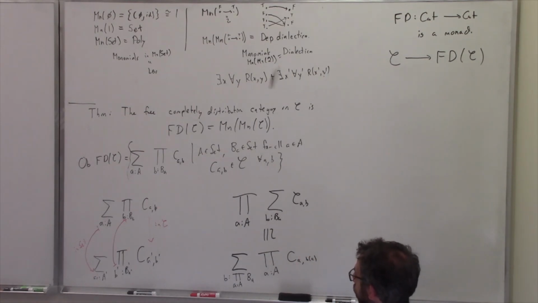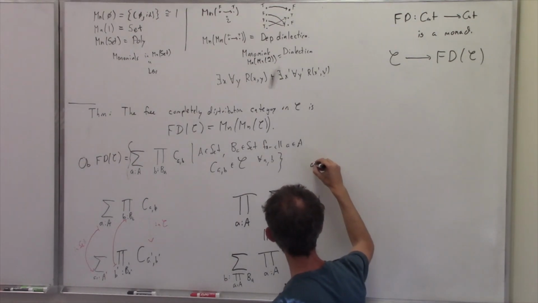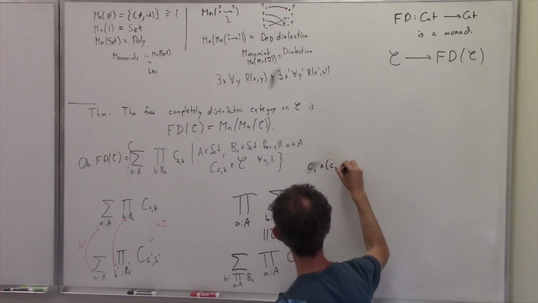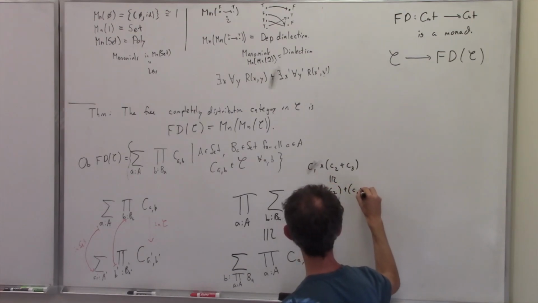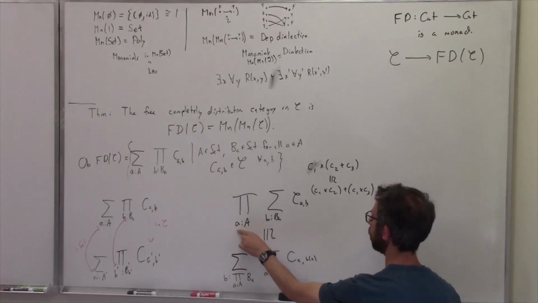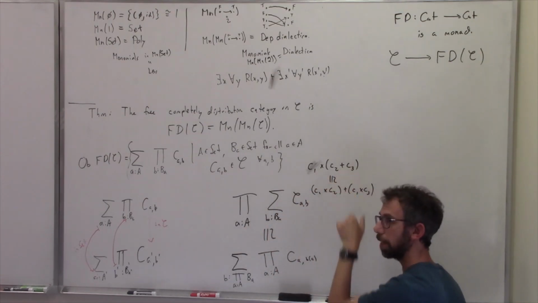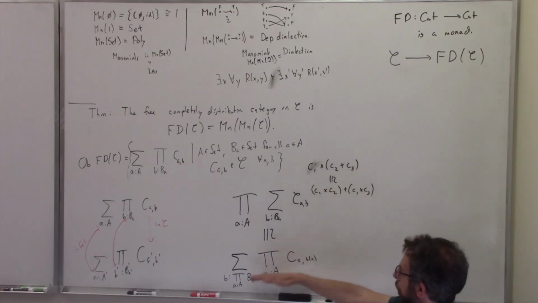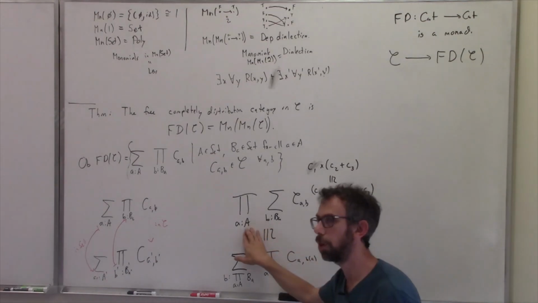So completely distributive just means that it's not only distributive. This covers the case of C1 times (C2 plus C3) being isomorphic to C1 times C2 plus C1 times C3, and that would be the case where we have two A's here. A is of size 2, one of these is of size 1, and the other is of size 2, and so that's kind of what we'd get. But this is just saying distributive. Completely distributive means I can index over arbitrary sized things.